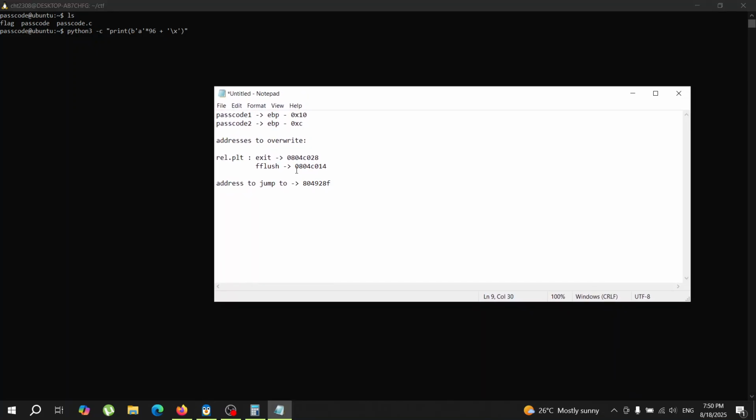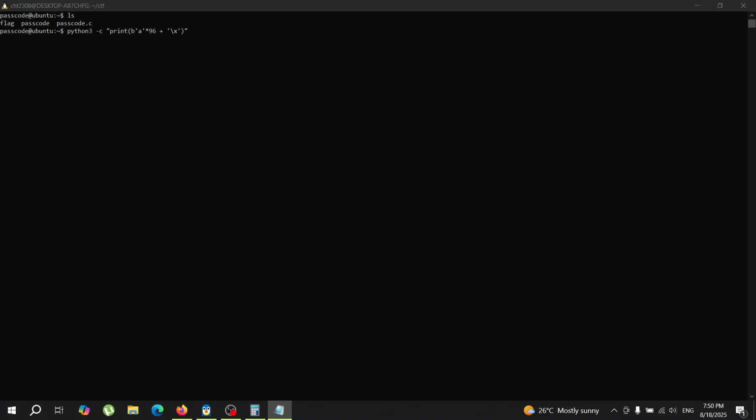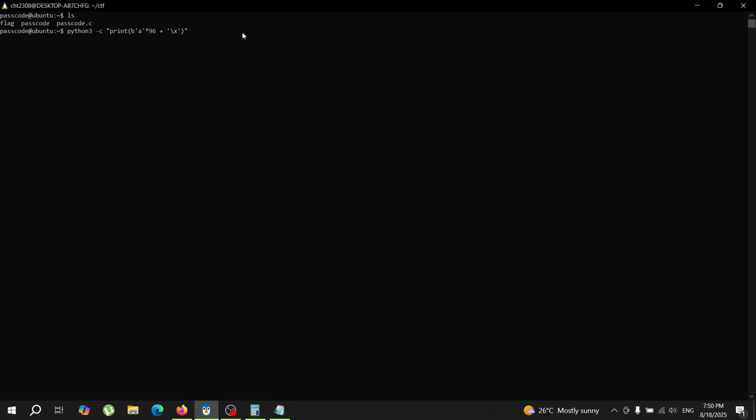so we need to take this memory address, but we need to write it as little endian. That means it's \x14\xc0\x04\x08, and so this will be the value of passcode1. When we call scanf, it will jump to this memory address, which is the address of fflush in the global offset table, and then what we want to do is to